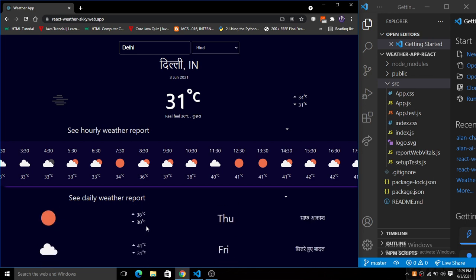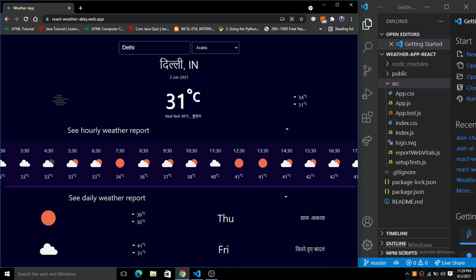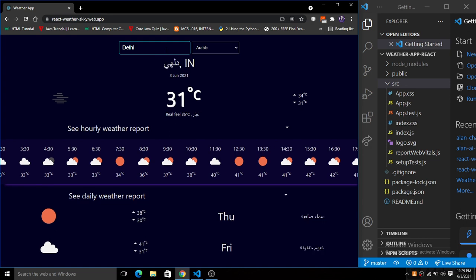So this whole application will be built in React, and we will integrate the Open Weather API for this whole thing here. And one most important thing is the language. Here you can see we have the languages, right? So we have 25 plus languages, so we can put this whole thing on our GitHub profile or in our resume. It is a very nice project for beginners in React, and for the ones who know a little bit about React and have not done any project yet. So this will be a starter project for all you guys.